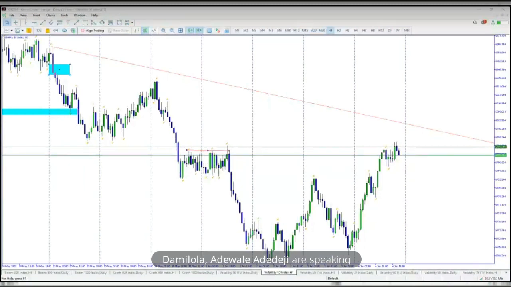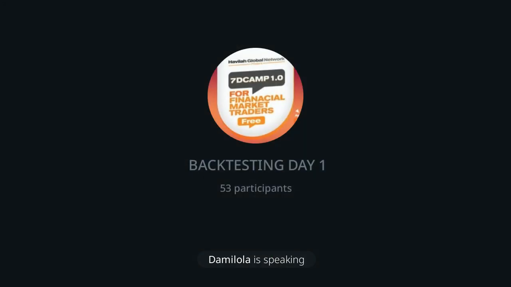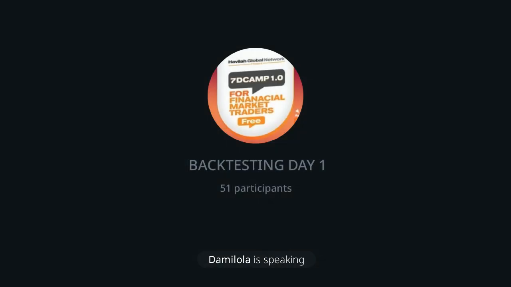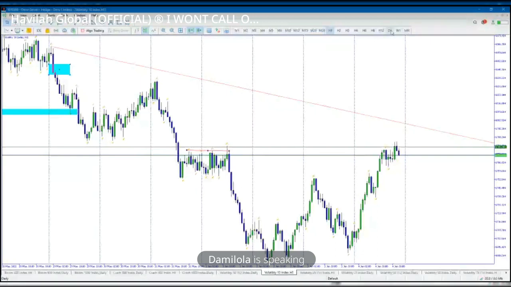If I don't see it clearly, I will go to the daily time frame to see the actual range. Now, if we go to the daily time frame on this guy, you would notice that first we had a break of structure to the upside, but then price didn't close above the previous high that we were looking at. It just wicked out and then still respected that particular high. Now, when price respected that particular high, something happened again. Price broke structure back to the downside on the daily time frame, if you check.